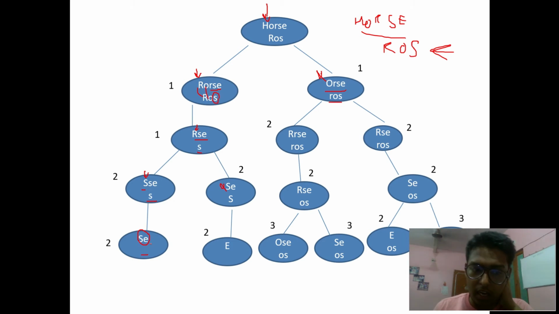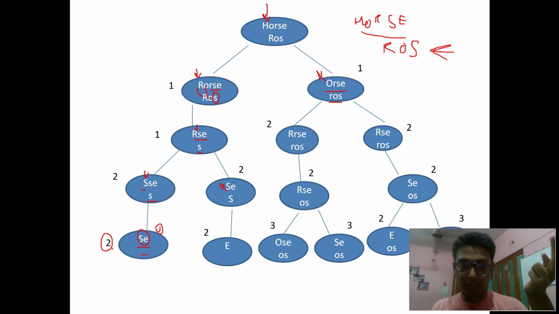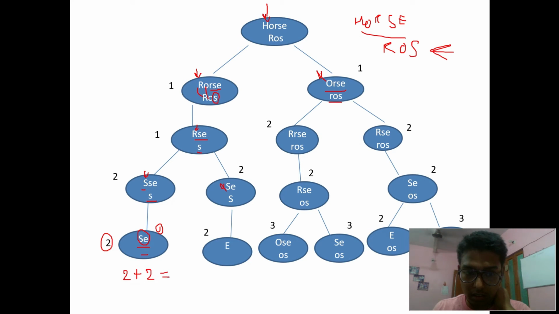For matching nothing to the first string, I need to delete all the characters in the first string. That will cost two more operations. Here we are left with two characters, so I need to remove these two characters, and removing a single character results in one operation. So up till here, the total operations that we have counted are two. After removing these two characters, we will have 2 plus 2 operations. That is 4, right? Okay, that is 4.